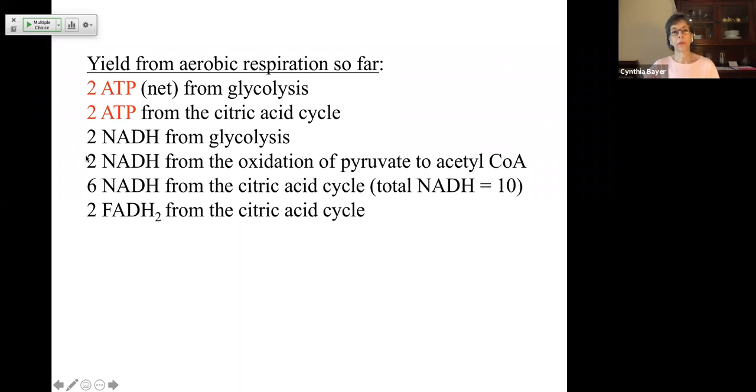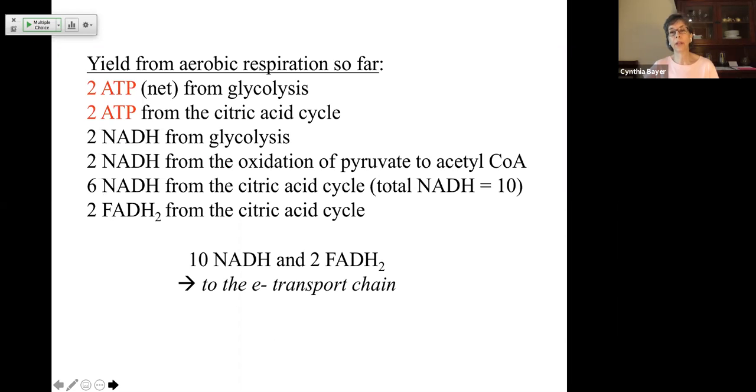From one molecule of glucose, in addition to the ATPs, 2 NADHs from glycolysis, as glycolysis produces pyruvate. For each pyruvate that is converted to acetyl-CoA, 1 NADH. We've got 2 pyruvates, so 2 more pairs of electrons are transferred to NADH. And then as we just saw in the citric acid cycle, for each round, 3 NADHs, we've got 2 turns, and 1 FADH2 per turn of the citric acid cycle. We've got 2 turns. So we've got a total of 10 NADHs and 2 FADH2s that are being transferred to